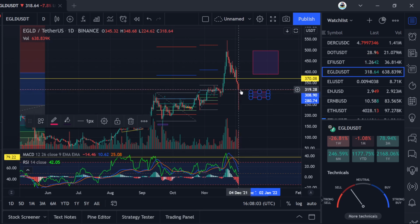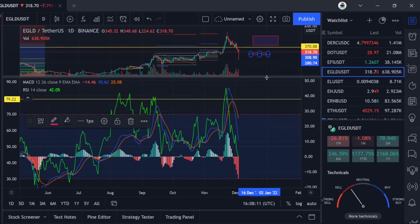So I'll be quite interested to see over the next couple of days if we bombard ourselves around this area before we might start seeing an uptake. So a few other indicators for us to have a look at as well. Obviously the RSI is all over the place at the moment. However, right now at a 42 mark, I think that's reducing the risk possible if you are looking to enter